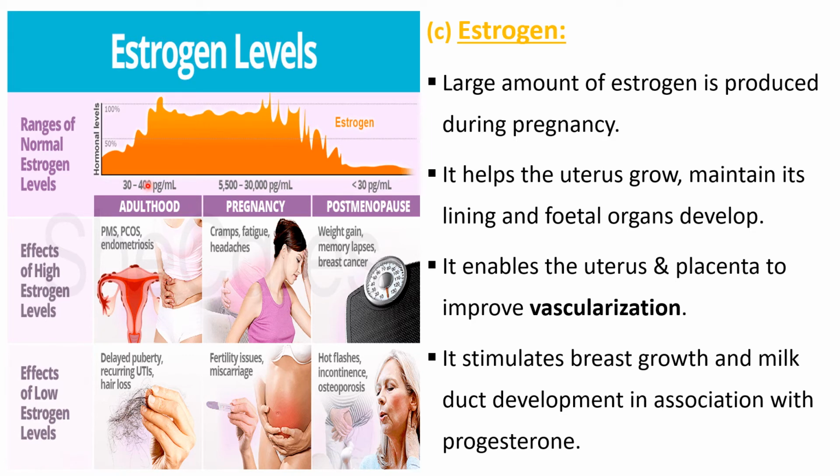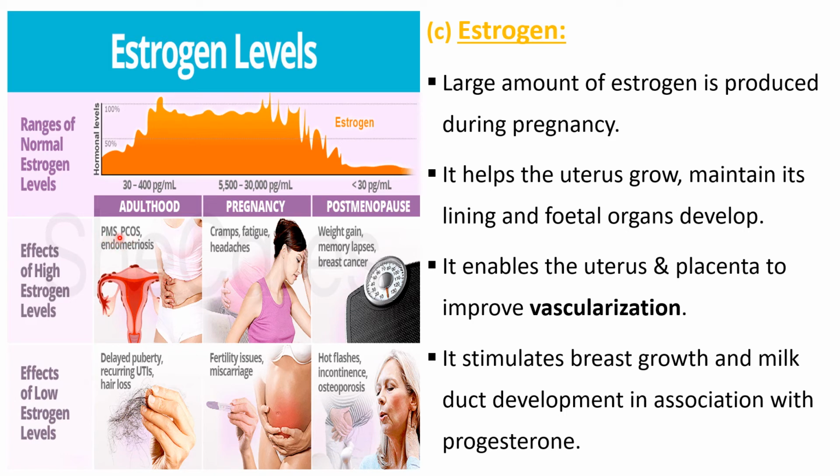In the adulthood, the estrogen levels fall between 30 to 400 picogram per milliliter. During pregnancy, the estrogen levels are very high. We can see this in the figure: 500 to 5500 to 30,000 picogram per milliliter. At postmenopause, after the menopause, the estrogen levels gradually decline, that is less than 30 picogram per milliliter. If we see the effects of estrogen when it is high in the adulthood, the problems like